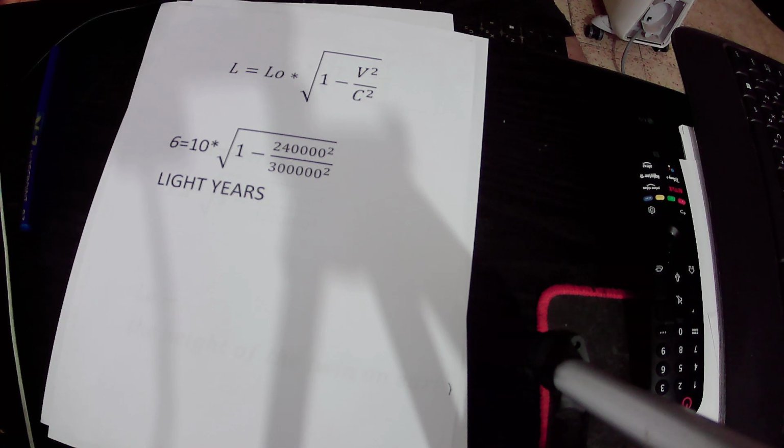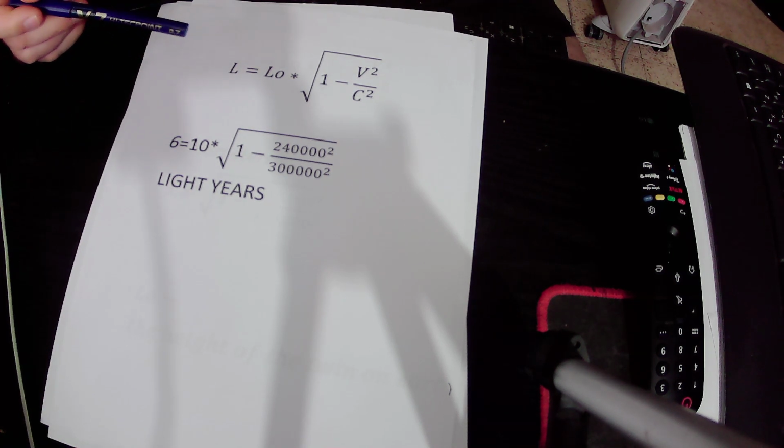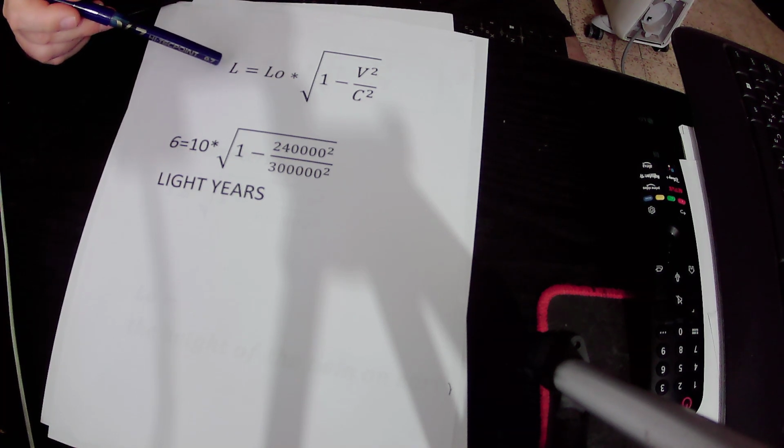As mentioned, the distance from Earth to the star Epsilon is 10 light years, and actually the equation is L, that is the final length or distance